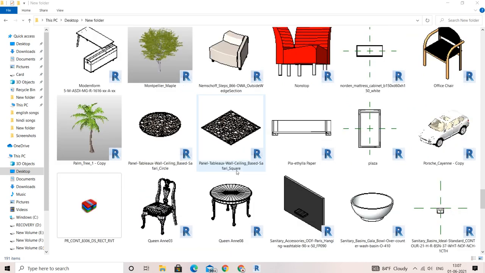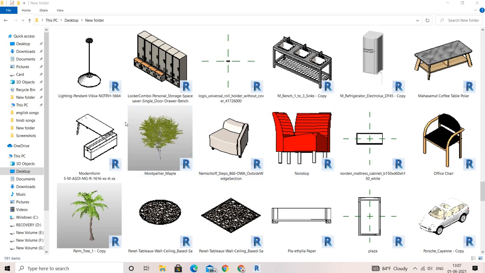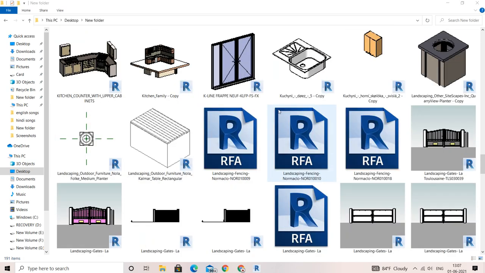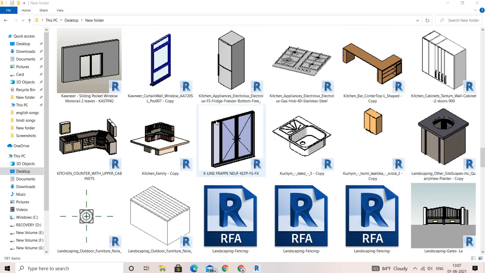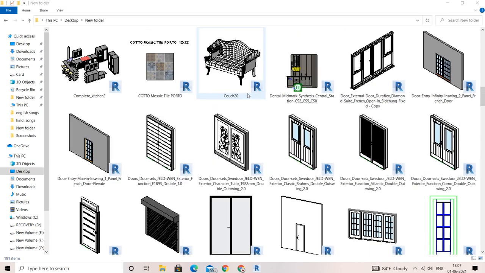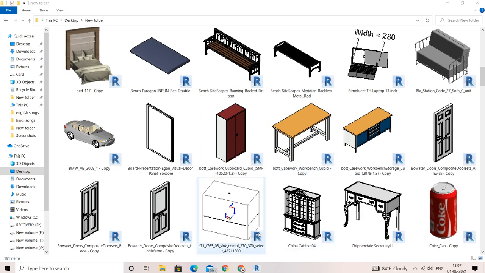So have a look at this. Everything I have uploaded over here. Some of the trees, some of the interior work, some of the couches, some of the sofas, some of the refrigerators, some of the lightings also, some of the plants, some of the gates, varieties of gates, shuttering gates, some of the windows, varieties of windows, gas stoves, and all of these. So the question is how to get all these, right? I have told you that you can get it from the description box.